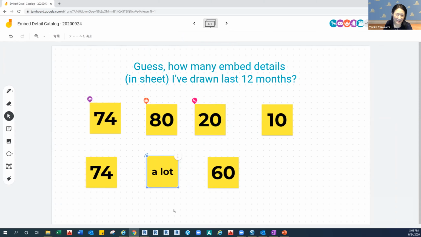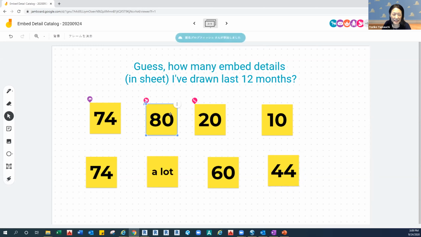I love it. So in sheets, not the details number, because sometimes I do have multiple details on one sheet. Okay. Who gave 80? Me. Ooh, you are the closest one. I actually made 88 detail sheets on four projects in the last 12 months.